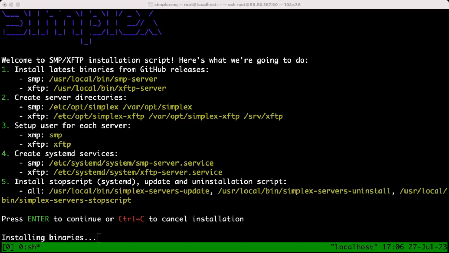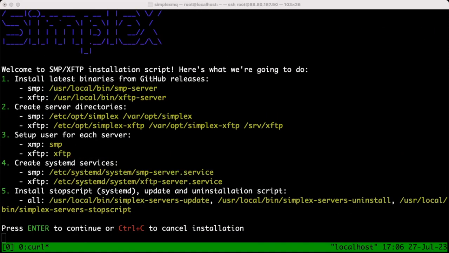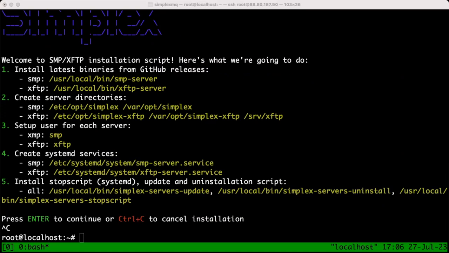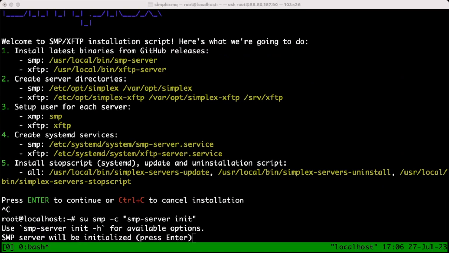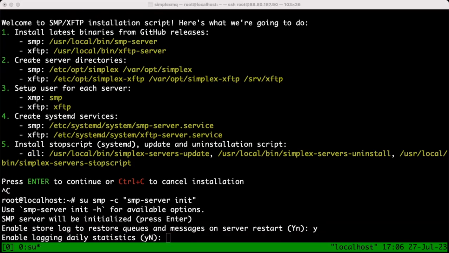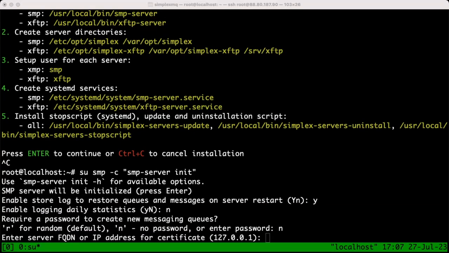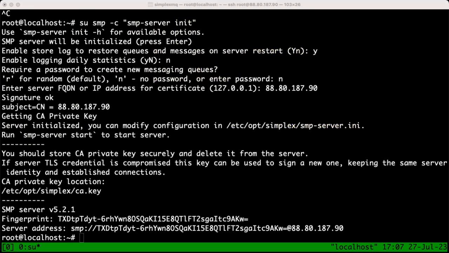Yeah, we have an installation script. You have to run it. It's in the menu, and that's pretty much as simple as running our script. So once you install the server, you need to initialize it. You have to say that yes, you want to restore message queues and messages. Otherwise, you will not be able to restart the server. And that's it. And you already have the address of the server, and it already works. So if you try to test it now on this address, you will be able to access it. But it's not accessible via Tor yet.